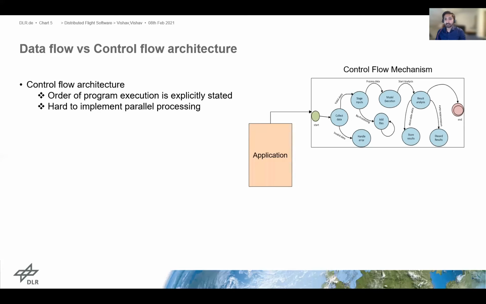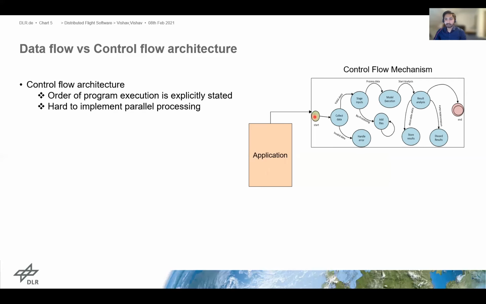Control flow is based on the conventional von Neumann computers that have a fixed sequence of execution of instructions. This order is explicitly stated in the user program or application. An example is shown here.